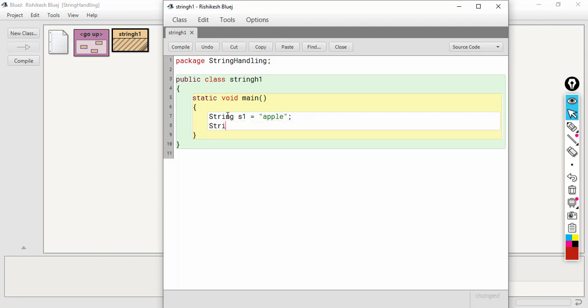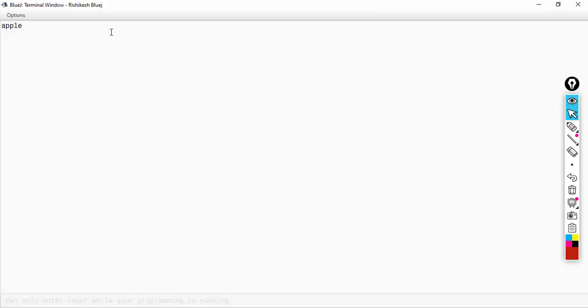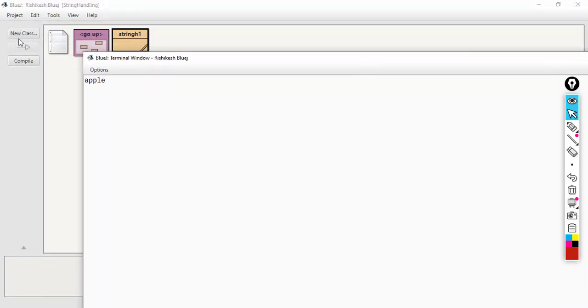Let's print the value of s1 and see what is the output. So here we have printed the value of s1. So let's see the output. The output is apple.